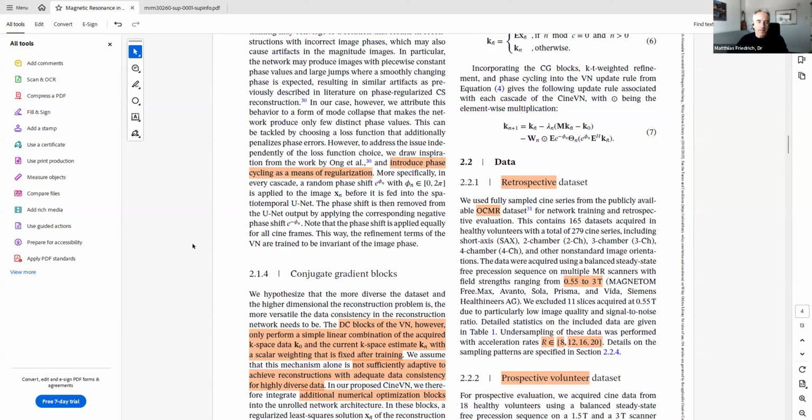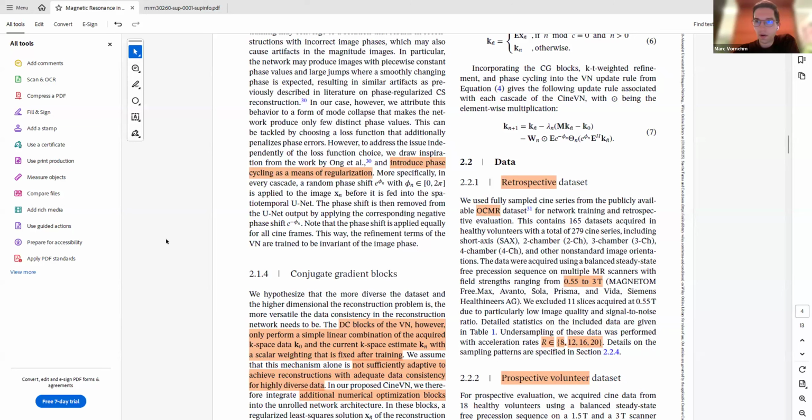Okay. Thank you very much. Hi, both. I have a couple of questions, if the time permits. Go ahead. Thank you for the nice talk. So my first question is, is the output of the network a complex image? Do you process this as a two-channel image? Because in the original end-to-end VarNet network, they do a sum of squares reconstruction on the predicted k-space to get the real valued image, right? But in your case, do you work with the real valued image, or is the output the complex image?